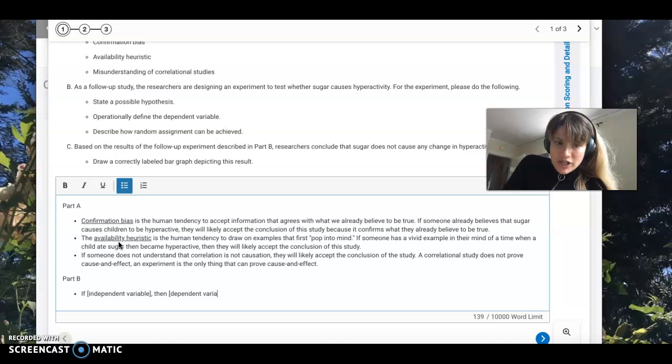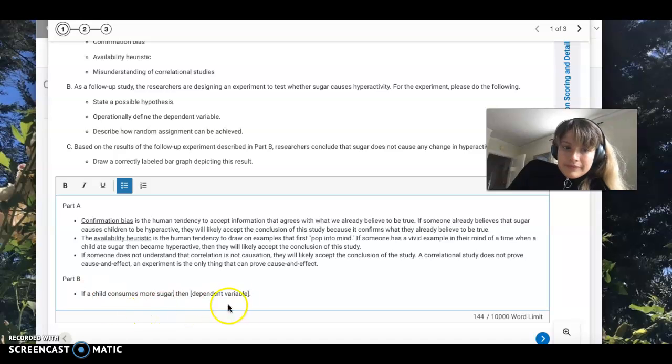And that's always going to be the structure for a hypothesis. Okay, in this case, my independent variable is sugar. So I could say something like, if a child consumes more sugar, then the dependent variable would be hyperactivity. Then they